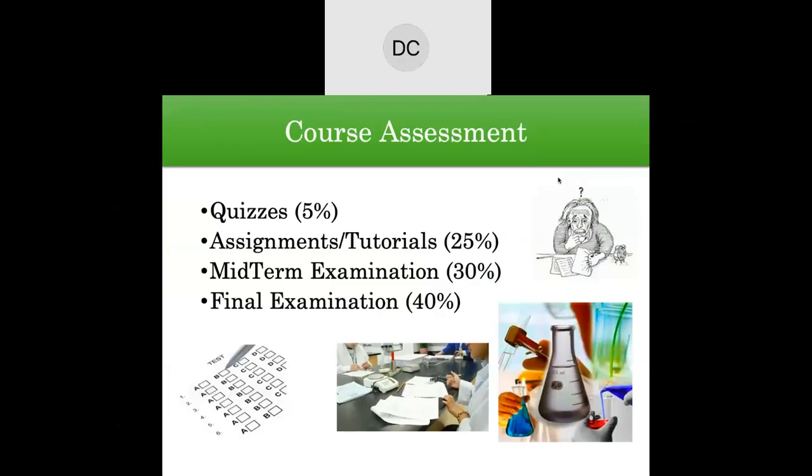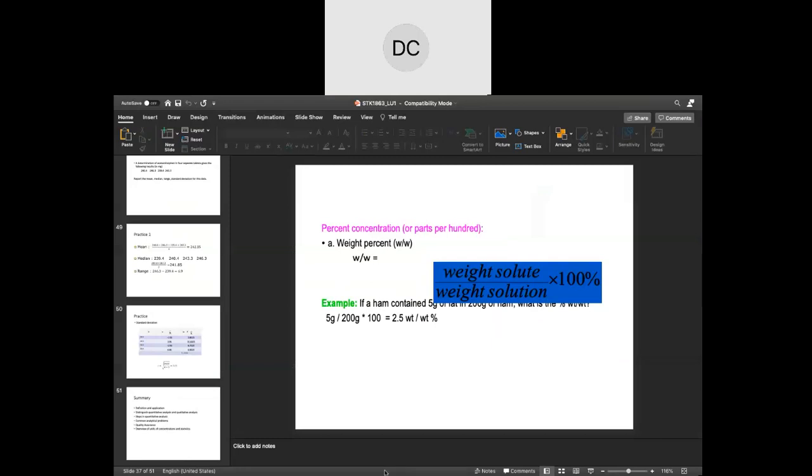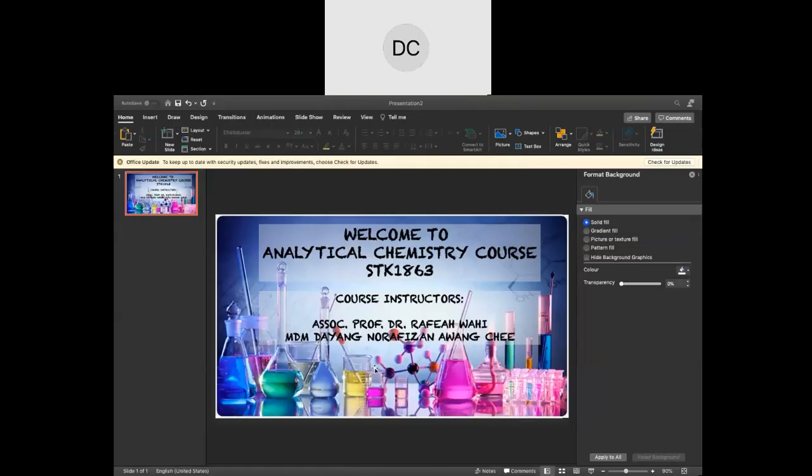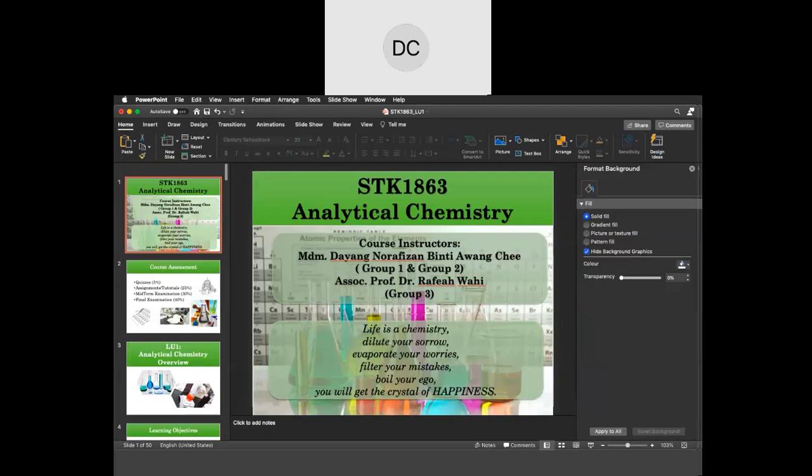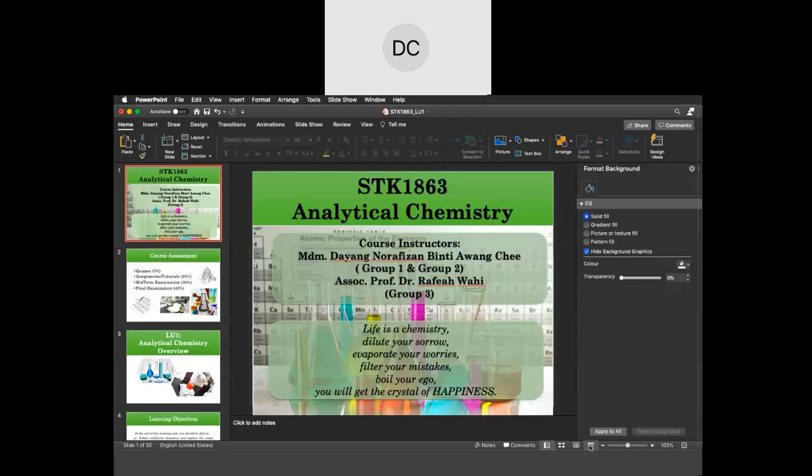Kenapa dia bergerak sendiri? Kejap ya. Lama. Kejap. Okay,